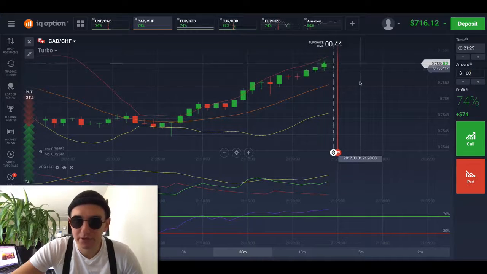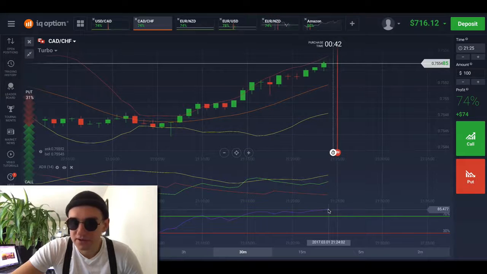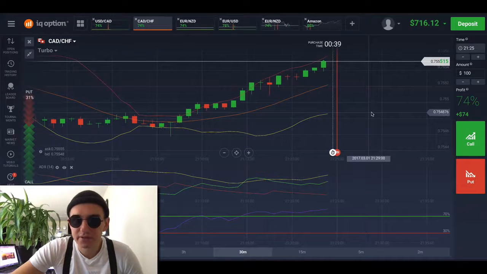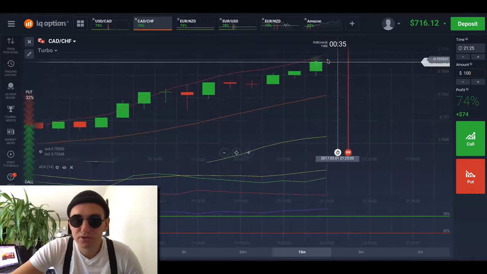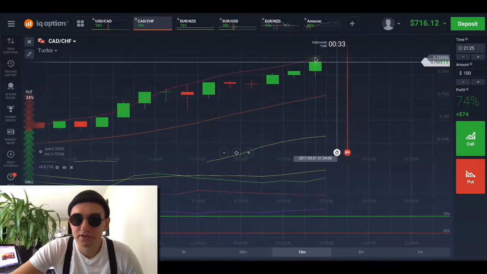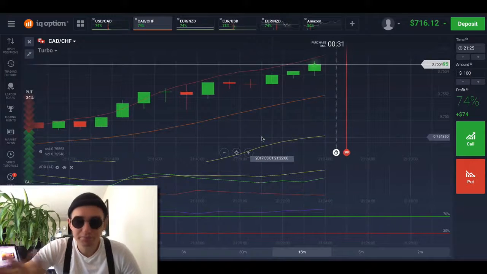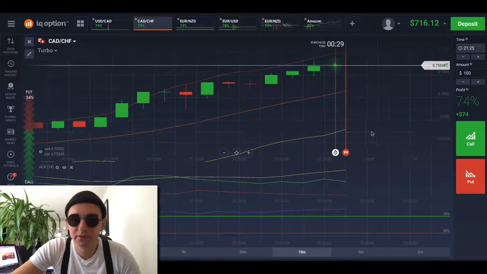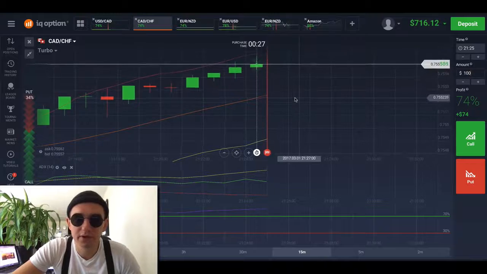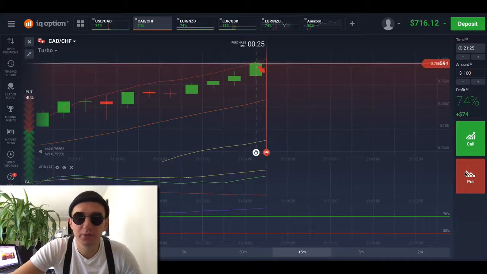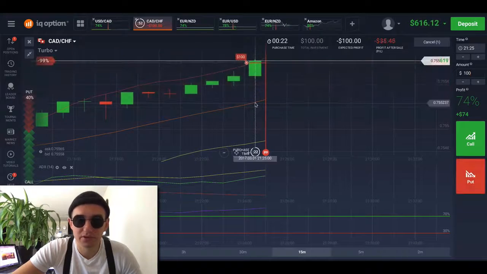I'm gonna wait a bit more. So RSI shows 85%. This is pretty high, and let's just wait until it touches the upper band and enter the market. Okay, another candle. Here we go. So there was a touch,